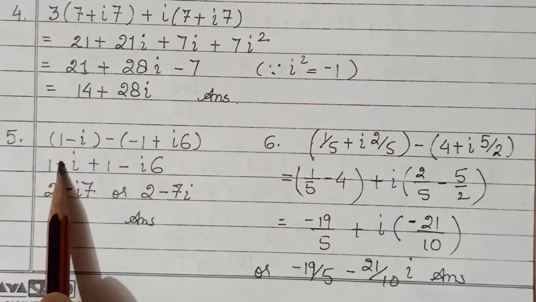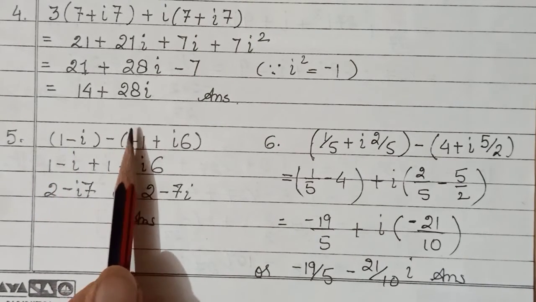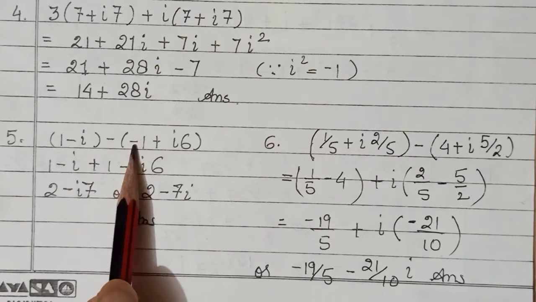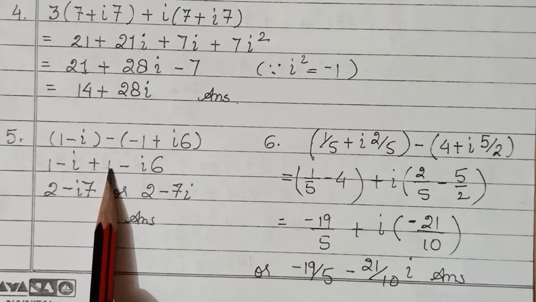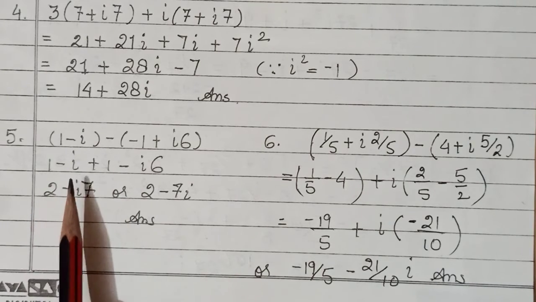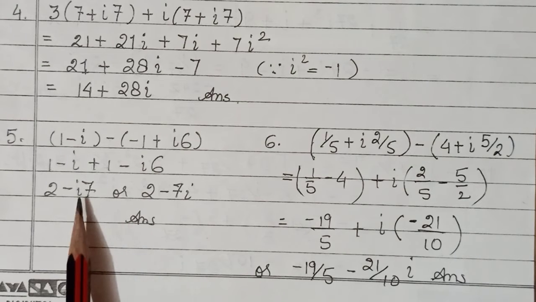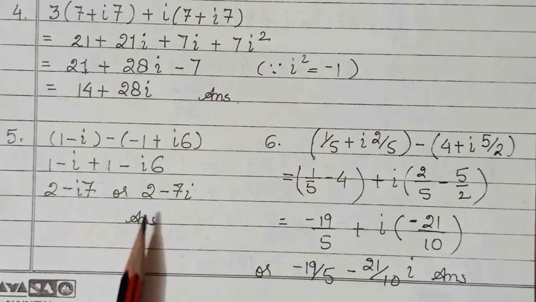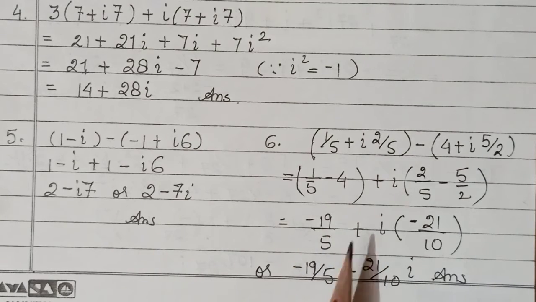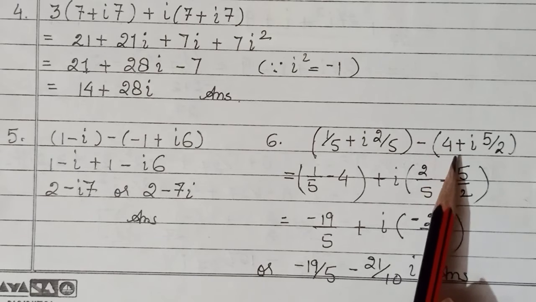Same way you had this fifth one. This is already simplified. Now to open this, you need to distribute this minus inside. So this becomes minus minus plus 1. This becomes minus 6i. Now put your real part with real. 1 plus 1, 2. Imaginary with imaginary. So these are different ways of writing it. कुछ में i पहले लिखते हैं, कुछ में i आप बाद में लिख सकते हो. That makes no difference. So either of the two is your answer. Sixth one is also similar. You just need to put the real part with real part here.